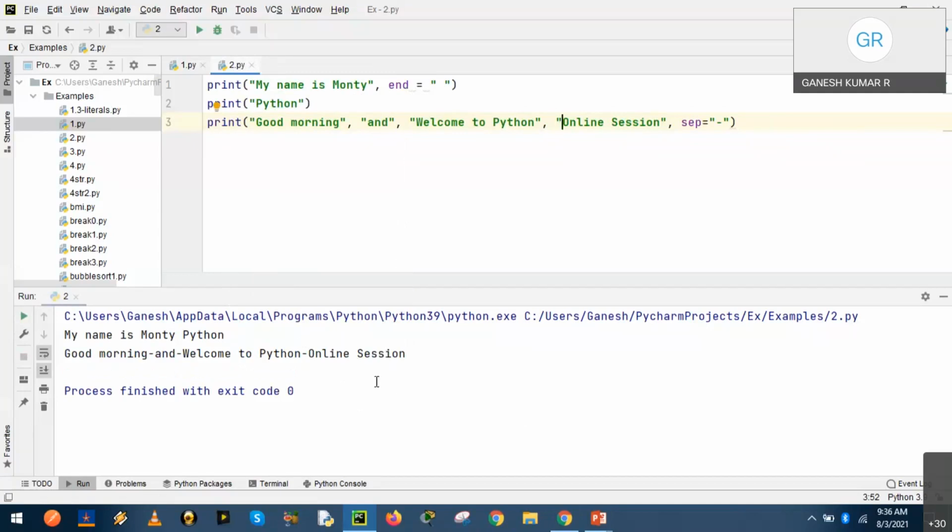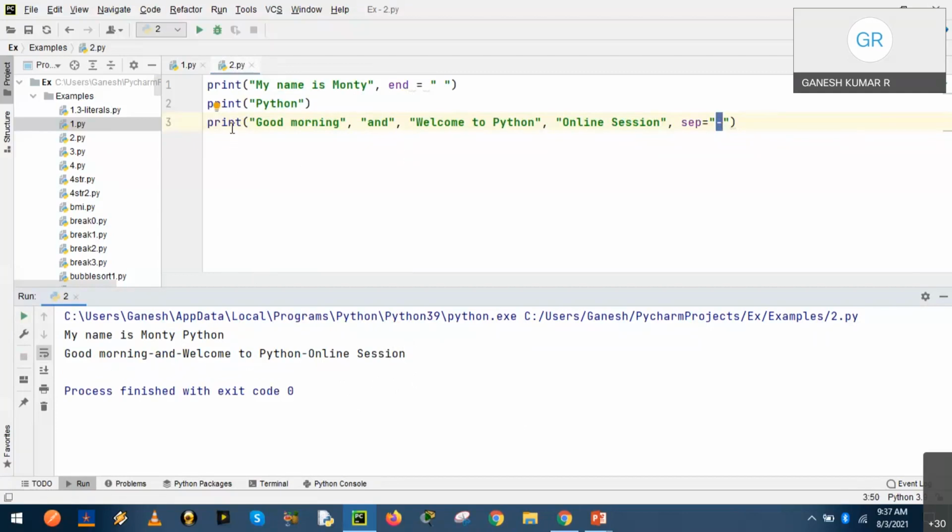What's your observation here? What does the separator keyword do? It introduces a special symbol between each argument: good morning, hyphen, and, hyphen, welcome to Python, hyphen, online session.